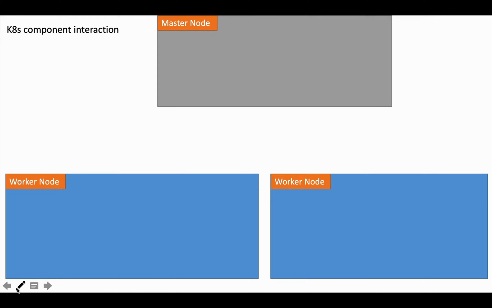We can use an analogy here: this is factory A, and this is factory B, and this is the master node, analogous to the headquarters. Here the apps 1 are both in the workload in factory A,